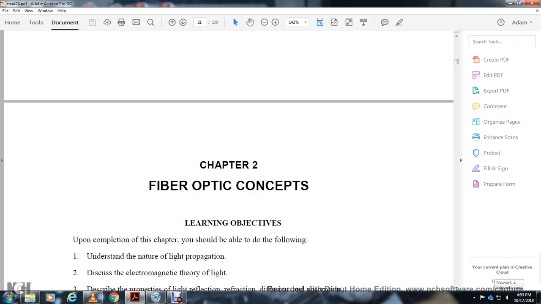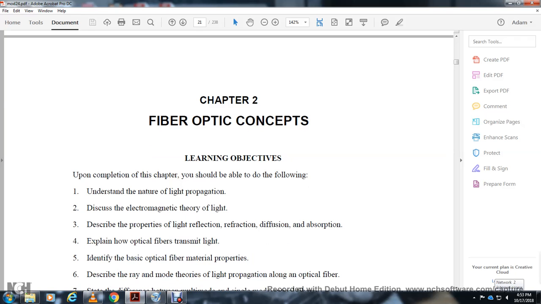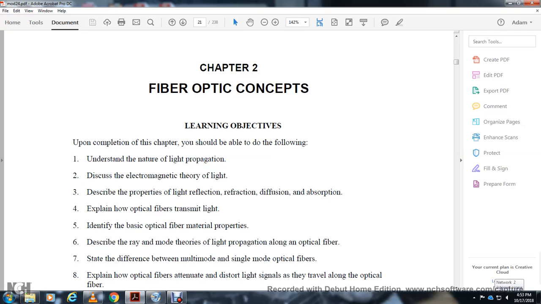Alright, Chapter 2, Fiber Optic Concepts. Upon completion of Chapter 2, be able to do the following. Understand the nature of light propagation, discover the electromagnetic theory of light, discover the properties of light: reflection, refraction, diffusion, absorption, explain how optical fibers transmit light, define the basic optical fiber material properties, describe the rate,